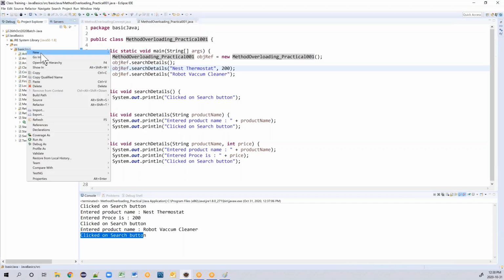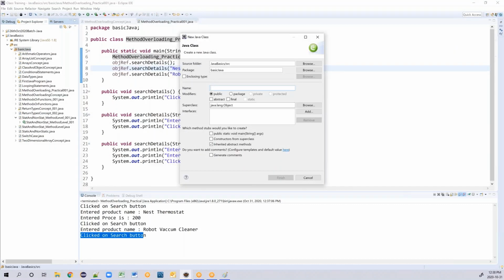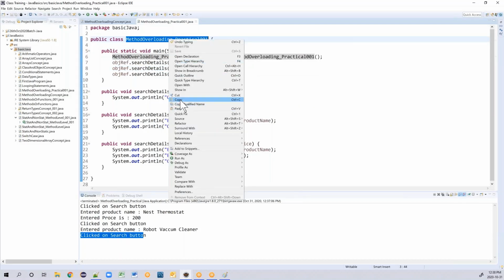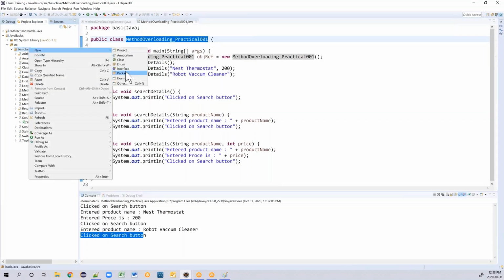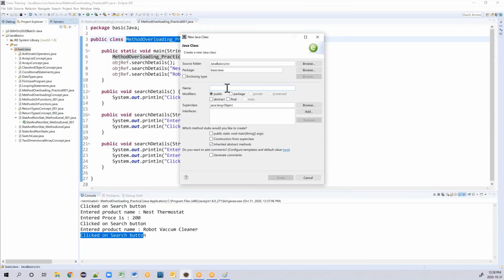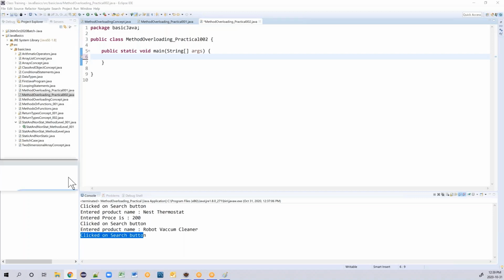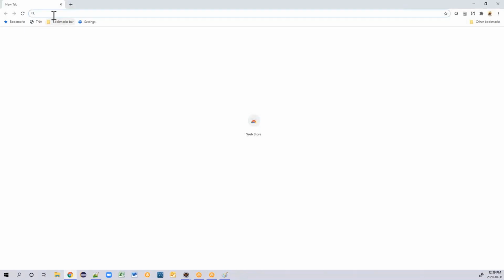Let's take another example. Class, and I will copy this because I can just copy and create a new class. I will say 002. All right. This is what we do. We are going to create one method of method overloading for this application practically in the actual WebDriver code. I will show you how to create this. Same example, we'll just build the skeleton.